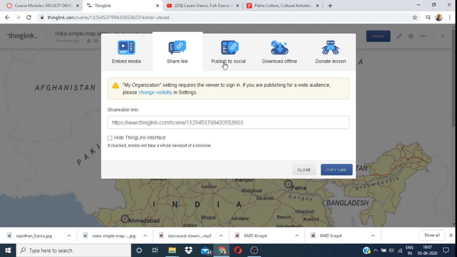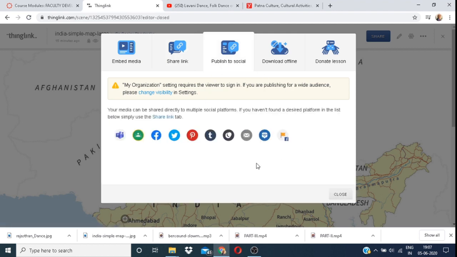You can publish. There are a lot of social media, including Google Classroom, Facebook, Twitter. You can share with an email ID. It means you can publish this image on social media.